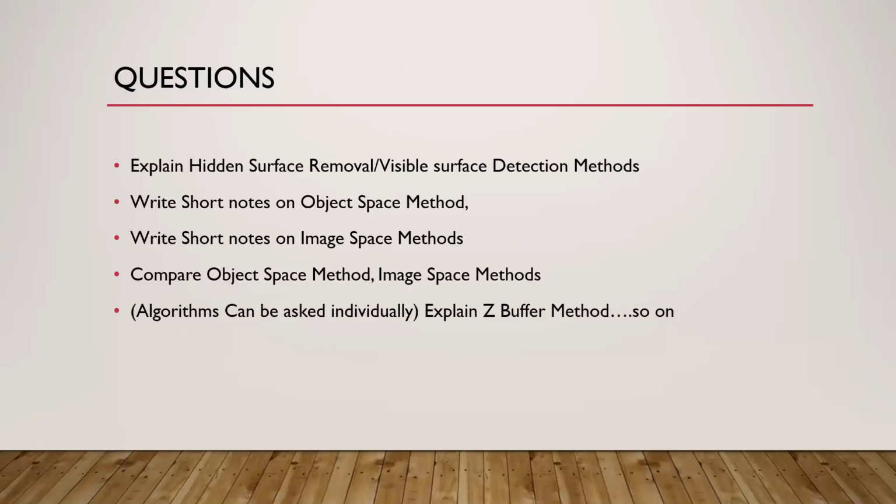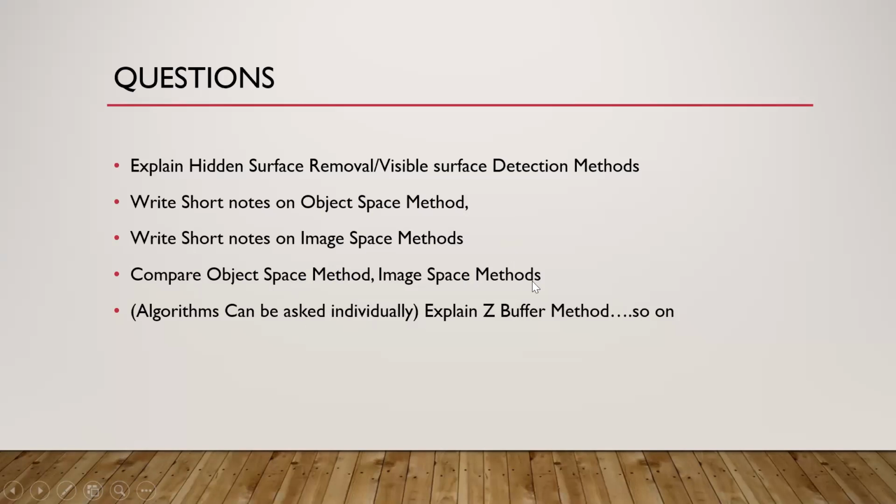As I said, hidden surfaces are found based on object parts or z value calculation. And there are two approaches we have learned: object space method and image space method. Object space method compares parts of the object with each other, and image space method compares pixels of each surface with each other to find which is nearer to the viewing direction. Then you have to compare object space method and image space method. There are many points and there are different algorithms also to consider.